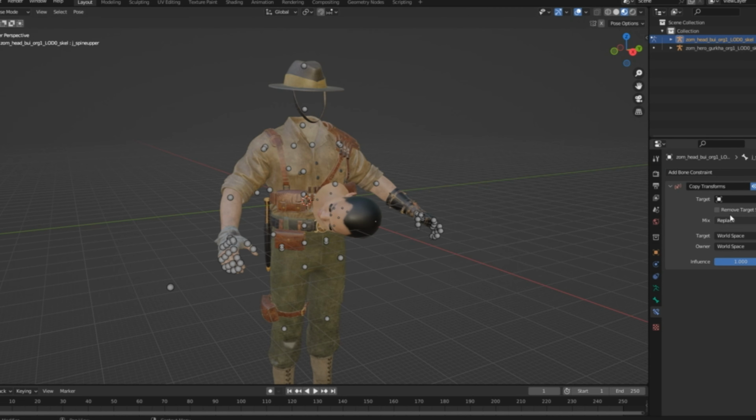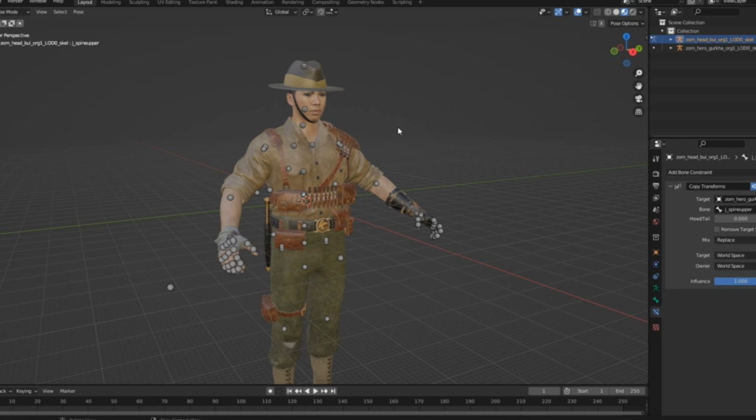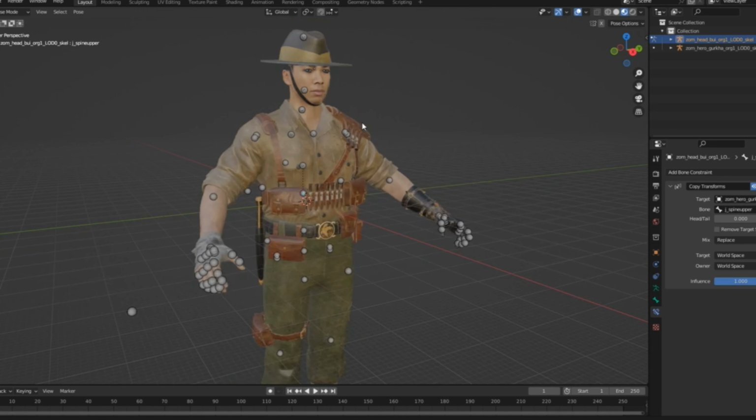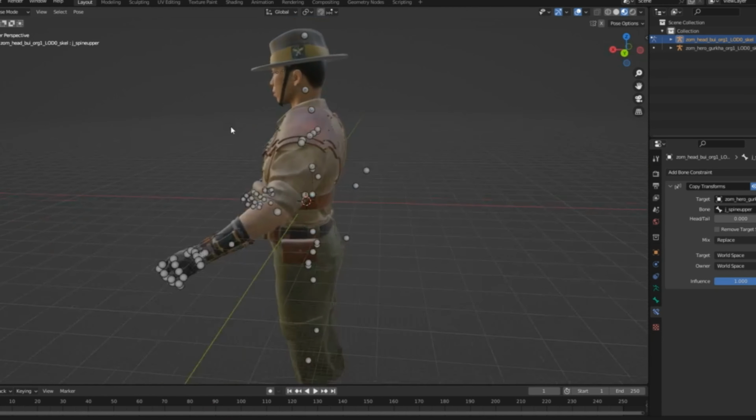So go to bone constraints. You're going to first make sure it's not object constraints, but you're going to want to set it to skeleton, also known as Gerka, or 1 LOD skell. Now you're going to want to put it to a spine upper, which you can just type in spine upper, and there, your head is there.